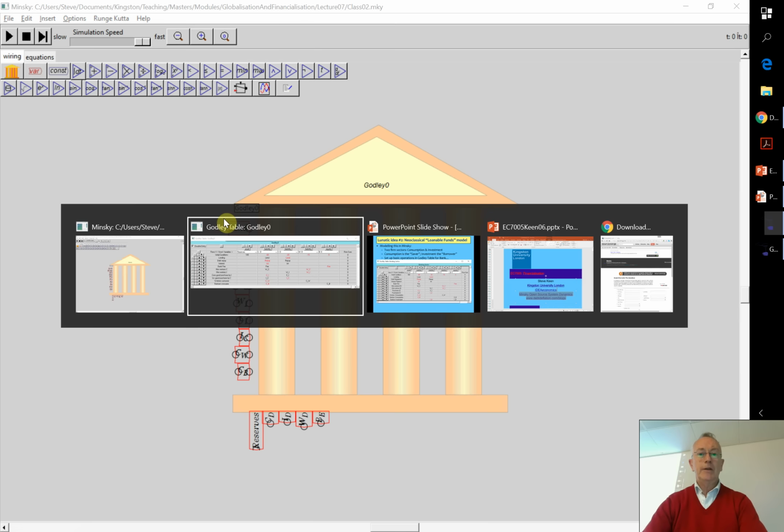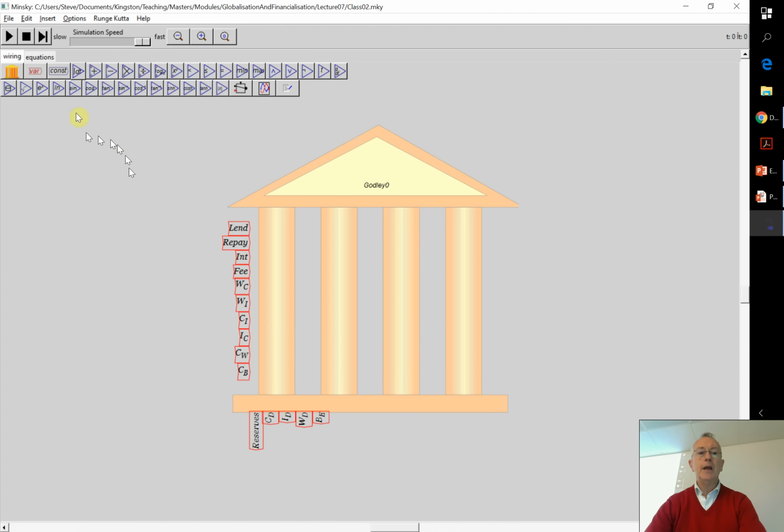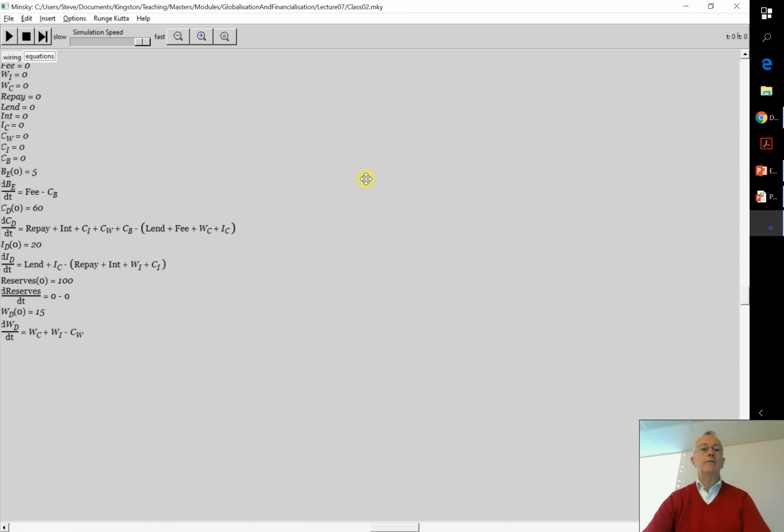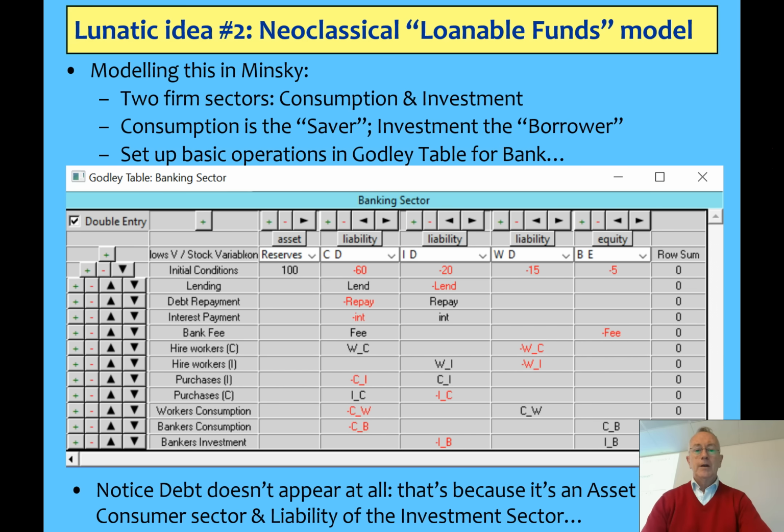Now, I'll just shut the table down, just click and shut the window. And let's take a look in the Equation tab and see what you've defined. And what you've now got is a set of differential equations that explain the flows between those various sectors, but none of the flows themselves have been defined, and there are no parameters. Okay, can you all read that? It's a bit on the small side. Let's see if I can find it. I think I put it in here. Okay.